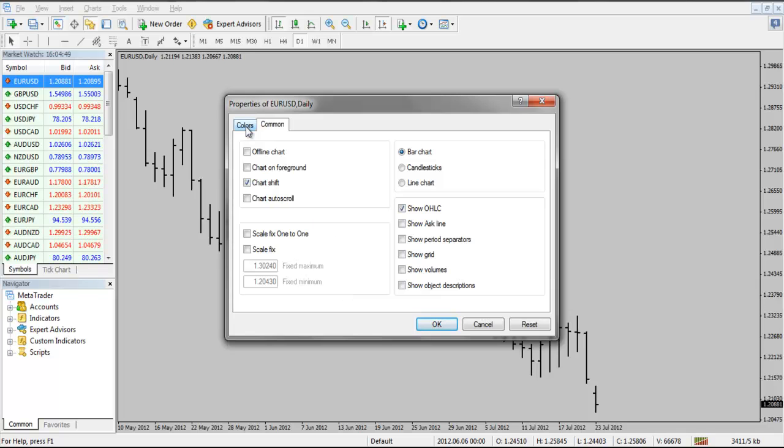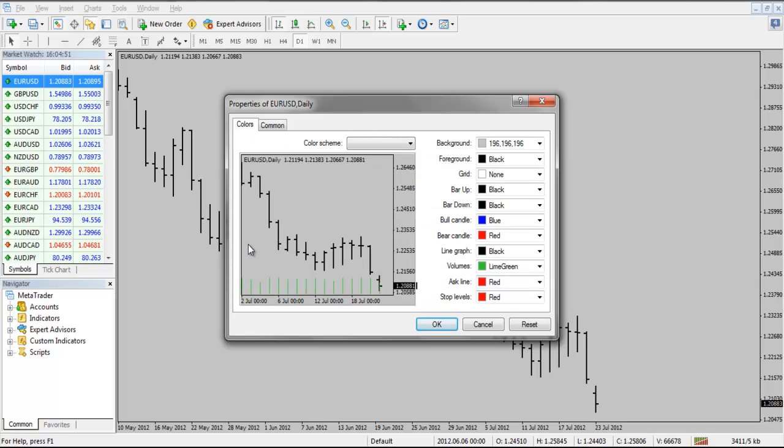and by default you should probably be in the colors tab. In here we now have the option as to which background color we use, which foreground color. The foreground color is the colors of the X and Y axis and the dates and prices. So the background is the background color, and the foreground color is the color of the text. We can choose to have a grid or no grid here,